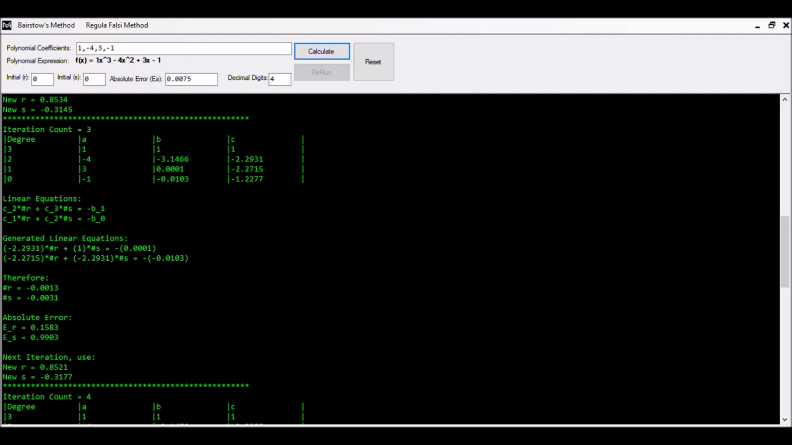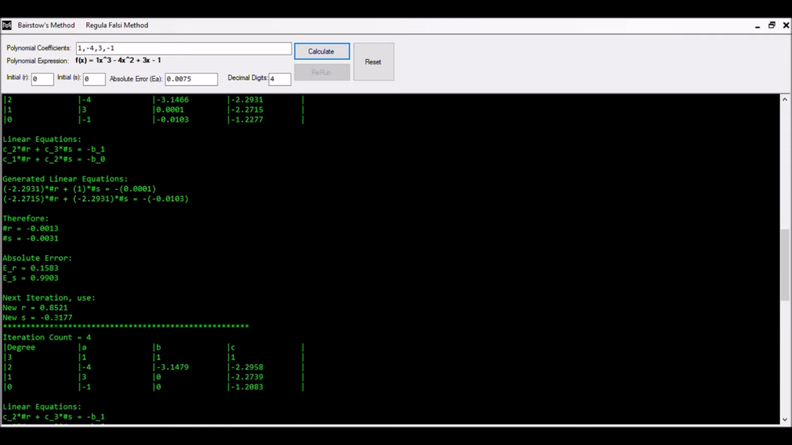We then compute the absolute error value of R, which is equal to 0.1583, and the absolute error value of S is equal to 0.9903. We now generated a new value of R, which is equal to 0.8521, and the new value of S is equal to 0.3177. Using these values of R and S, we can then compute